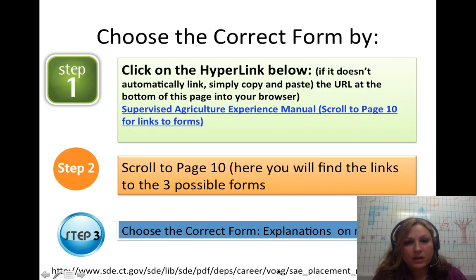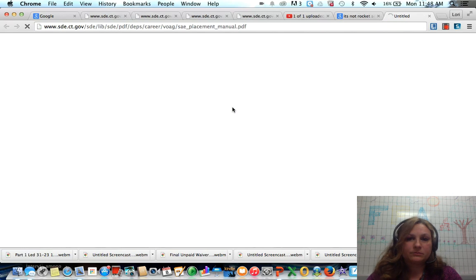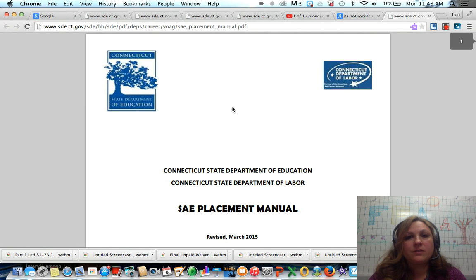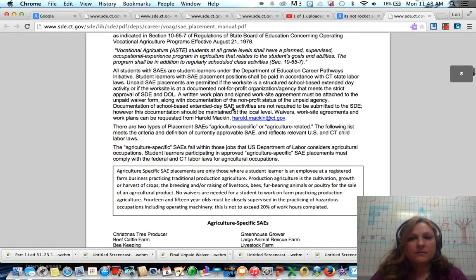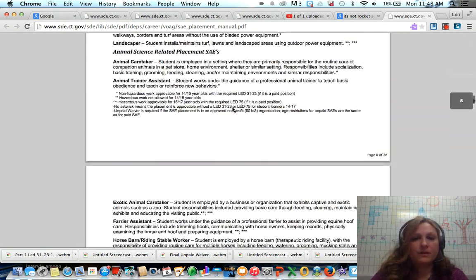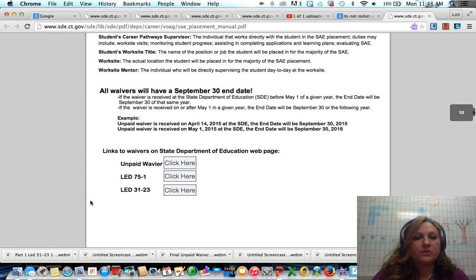So you have this PowerPoint, and again, you have a link in here to the SAE placement manual. You hover over it with your hand. When the arrow turns to a hand, you click it, and it will bring you right to the manual. Once you've arrived, scroll down to page 10, and you will find those three possibilities of the waivers that you choose. LED 75-1 is the form that you choose if you are 16 years old or older. So we are going to click on this form,